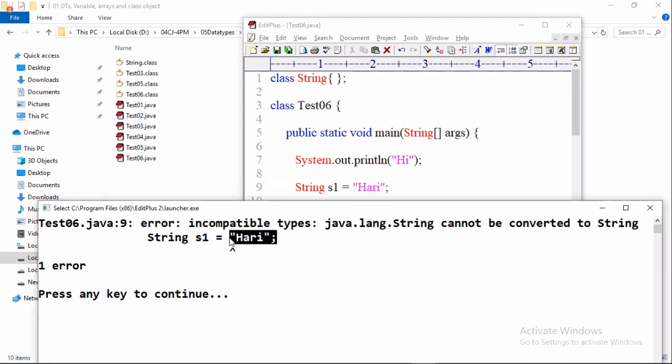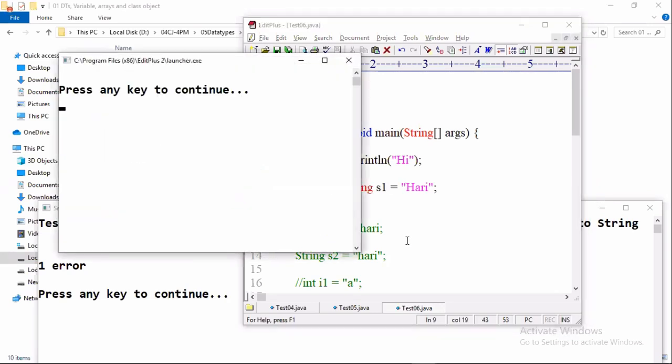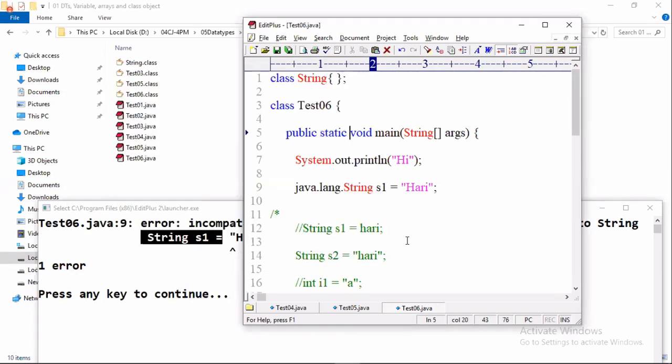This is the real Hare Krishna, me. And this is a duplicate Hare Krishna, my dupe. Can I assign the real Hare Krishna to the dupe? No, right? Then how to solve this problem? By using java.lang explicitly. Come on, buddy. Start work. Start think. Compiled successfully now. Executed successfully. Here also you should write what? java.lang.